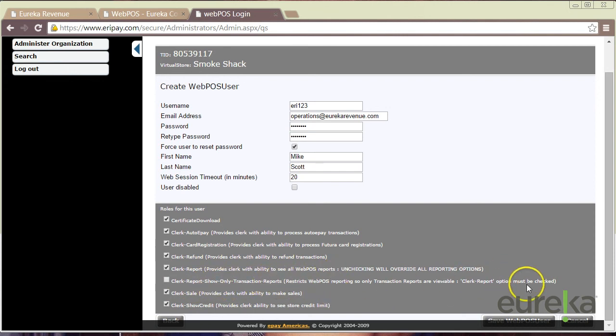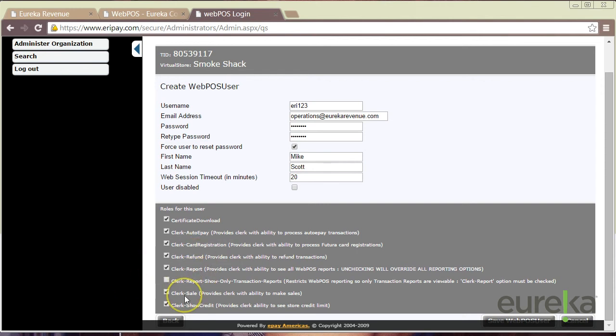This will only give us a certain amount of reports, which will override all of your reports. So we want to leave that empty. If you're creating your main login, I would have all of these clicked on except this middle one. These are all the roles that we have: certificate download, clerk authority, clerk card registration, clerk refund, clerk reports,